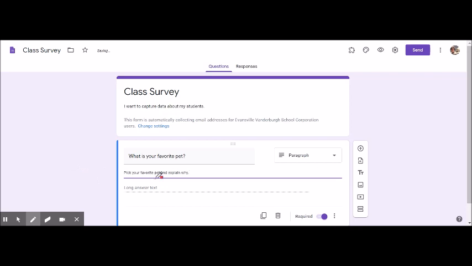And this is a nice little place that you can give some additional information to the students so that they know exactly what you're looking for or how you want them to do something, right? Okay. Some of the other